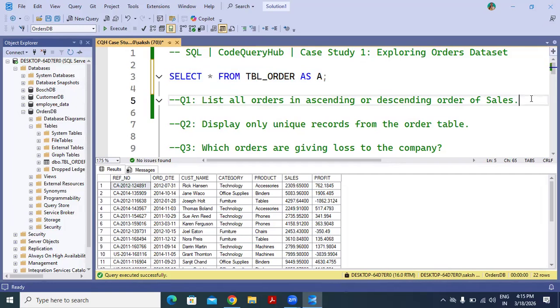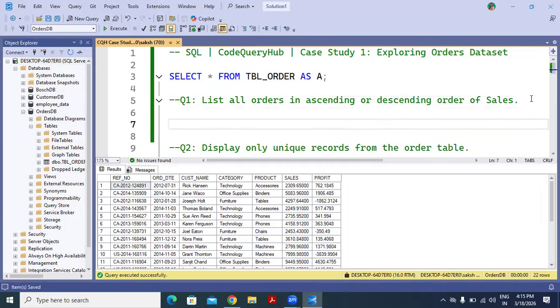So let's try to do the questions one by one. Our first question is, list all the orders in ascending or descending order of sales. So we have to organize this data in the ascending or descending order of sales. We have the order by clause for sorting the data. So let's see, select all from,